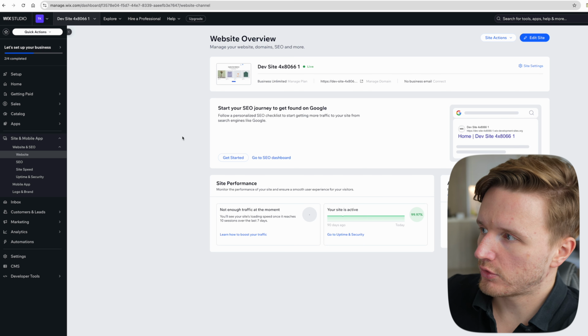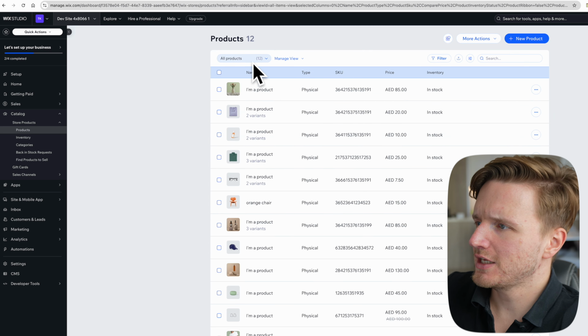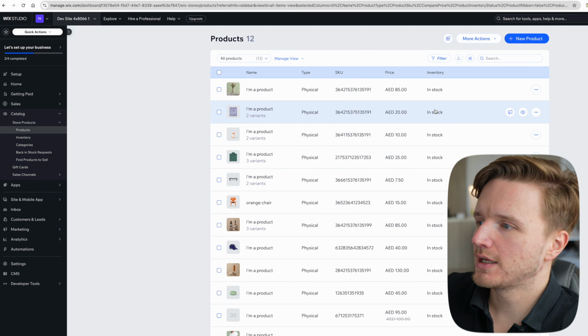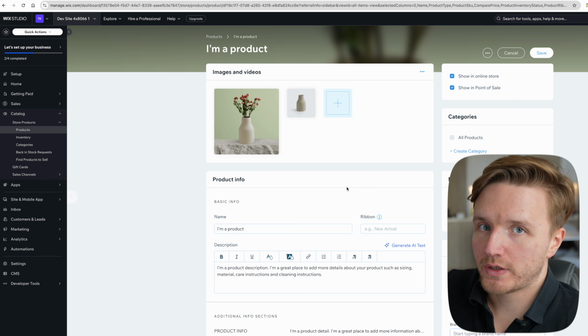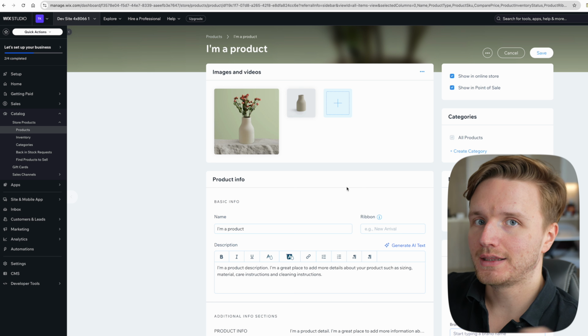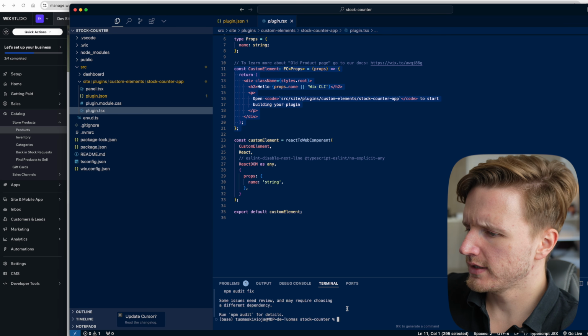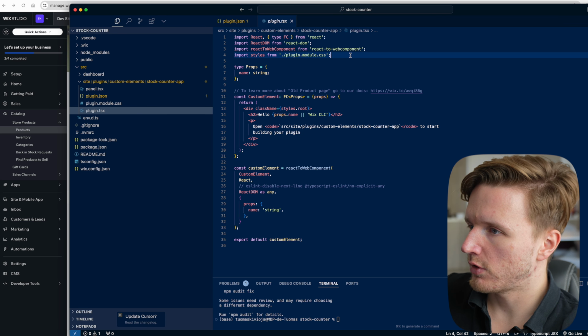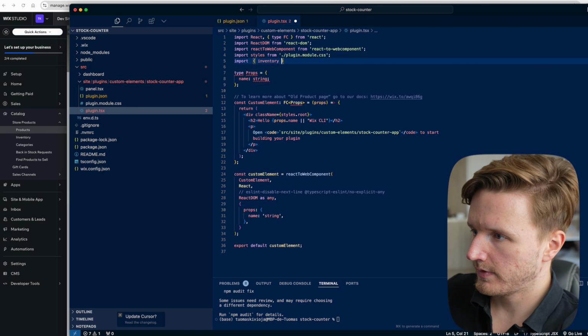So basically the website owner would have access to a backend for the website that looks something like this, where you have all of these different products, and then they're going to have the inventory and everything like this. So what we're simply doing is using an API where our app is accessing this inventory directly using our JavaScript code. So once this is installed, what we can do is import inventory from